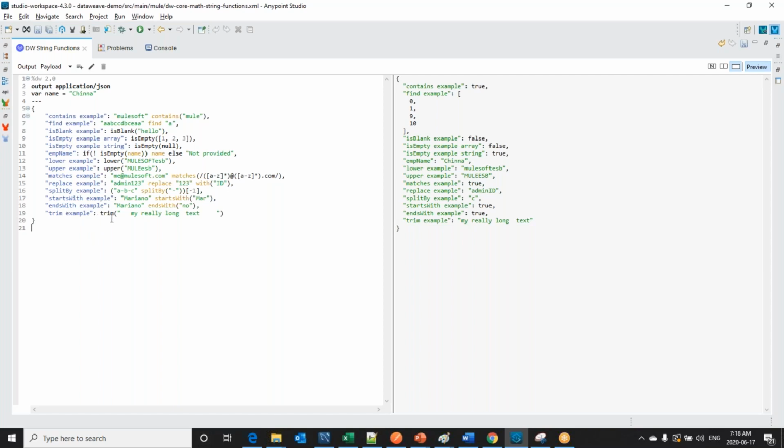So we see trim is one of the important functions. The functionality of trim is that it always removes the spaces at the beginning of the word and at the end of the word, not in the middle of the word. Spaces in the middle of the word are considered as expected, but whenever we get some extra spaces, sometimes it will break our conditional statements, right?